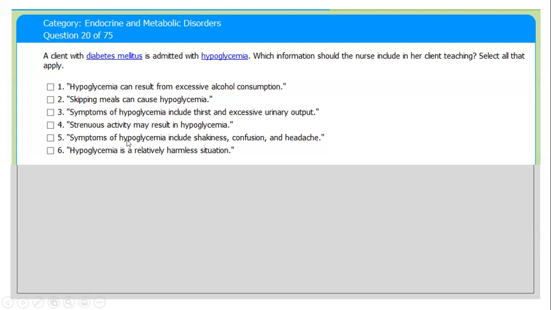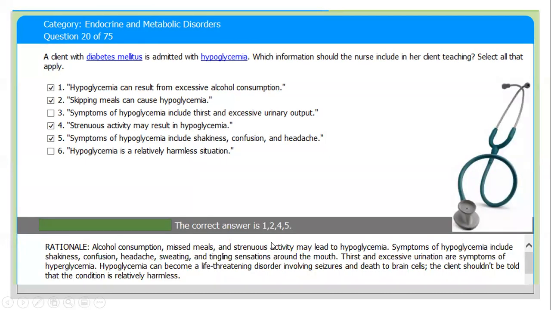Number five, symptoms of hypoglycemia include shakiness, confusion, and headache. And number six, hypoglycemia is a relatively harmless situation. The correct answer is number 1, 2, 4, and 5. Number one says hypoglycemia can result from excessive alcohol consumption. Two,